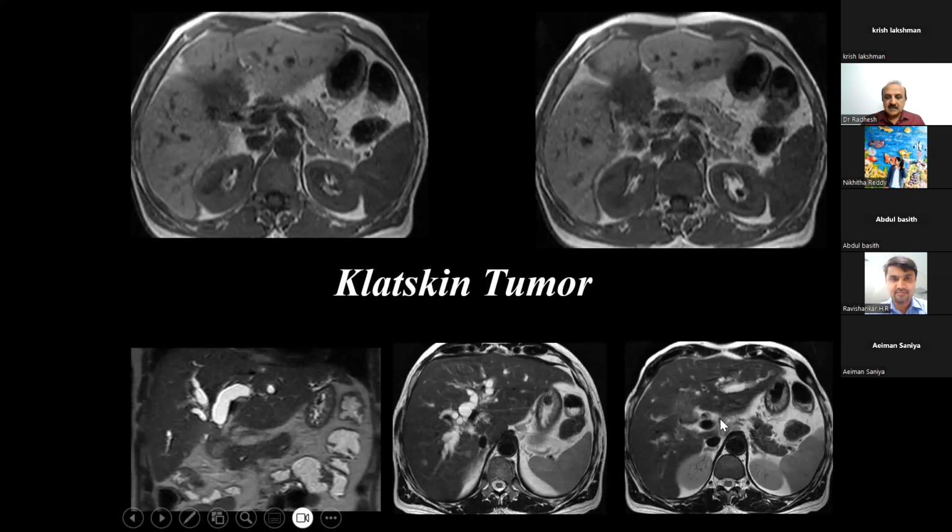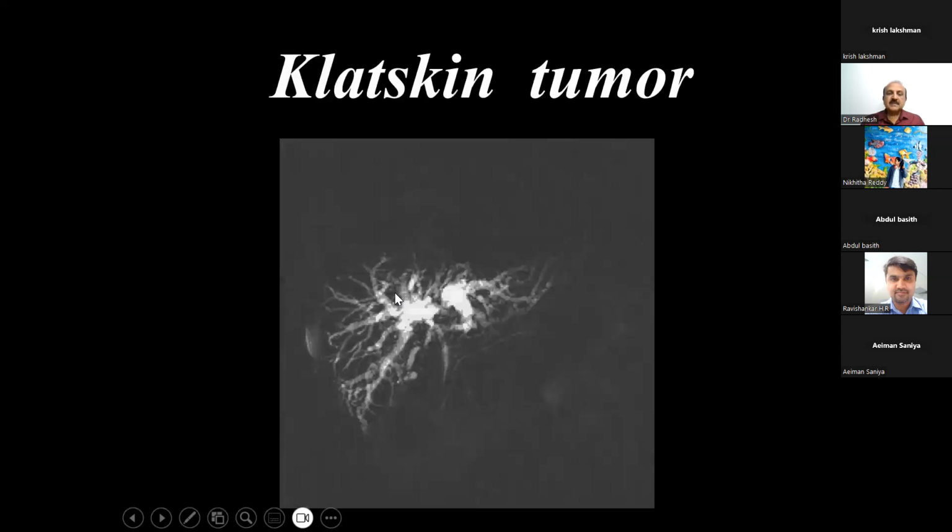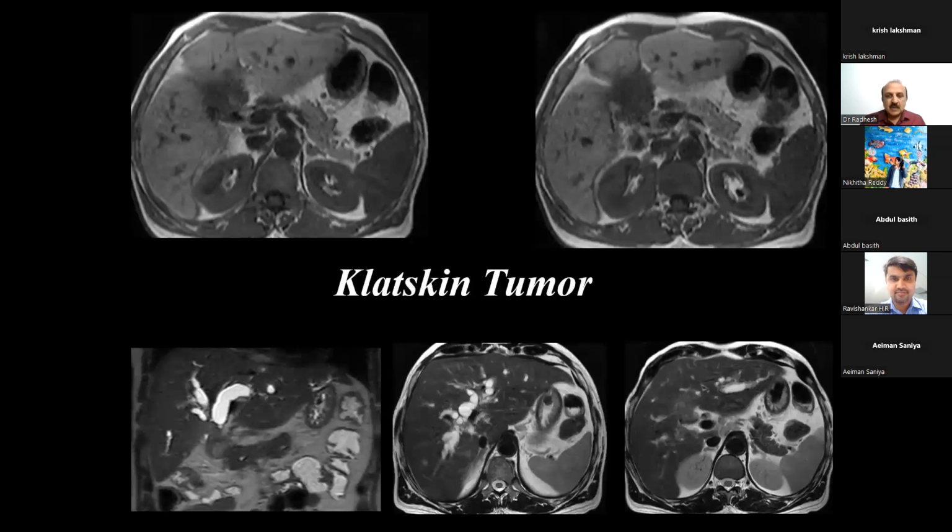Is there lymph node? Yes, there is. You see multiple nodes here. This is the inferior vena cava, the portal vein. This is the aorta, left lobe of liver, and there you see multiple lymph nodes, which you will never ever see on this image. Again, I'm just putting the emphasis on the T2 weighted and the T1 weighted, which is so important even before you see the MRCP images. This itself will give you the diagnosis. You see the hilar malignancy, you see the infiltration of the right and the left ducts, you see multiple lymph nodes,